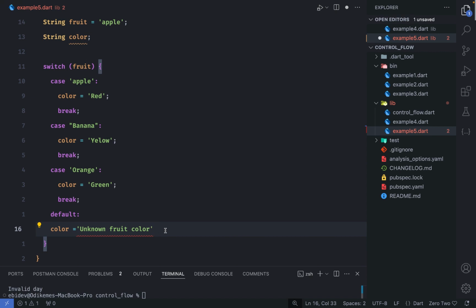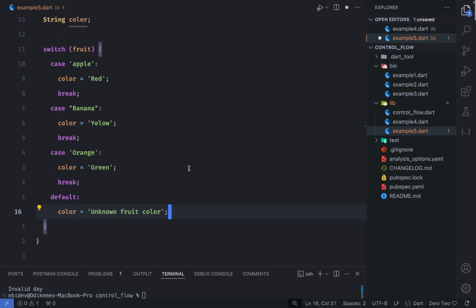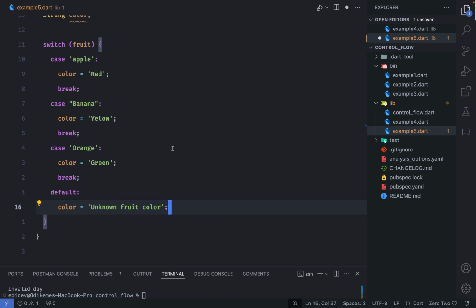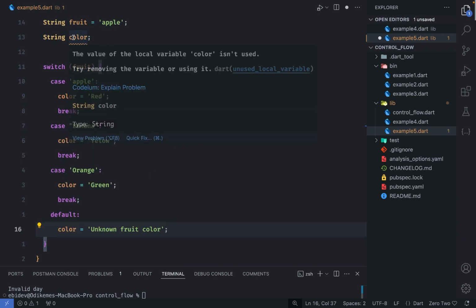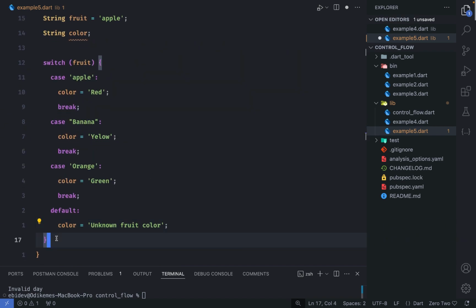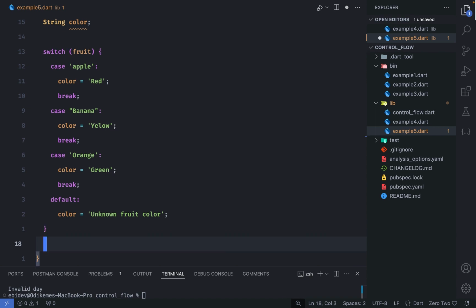Unknown fruit color. Got the logic. And see, we have not used this color, so below here we'll